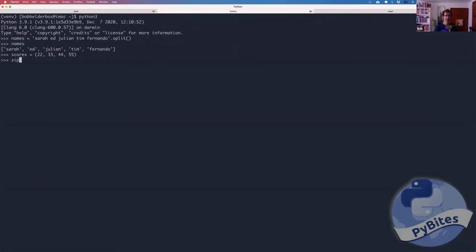And then we can use the built-in zip to zip the names with the scores. And what it's going to do is pick one name and one score sequentially. This gets a lazy object. So to consume it, I can put it in a list. And effectively, Sarah was paired with 22, Ed was paired with 33, Julian was paired with the next score, which was 44, and Tim was paired with 55. And Fernando was not paired at all because the scores list, or tuple in this case, ran out of items,